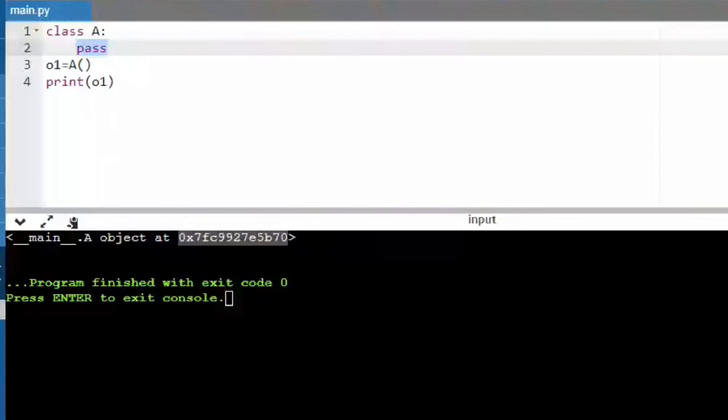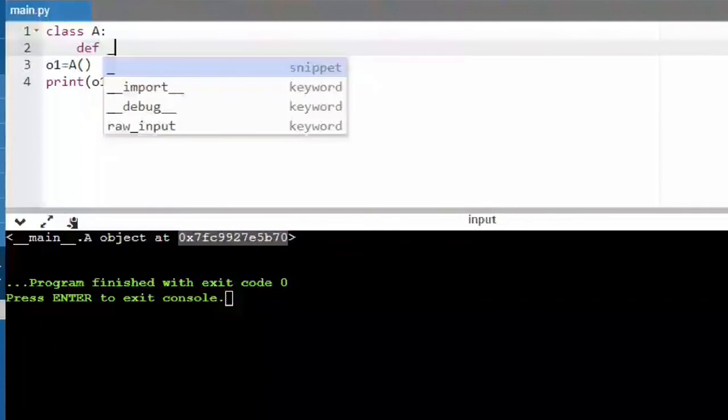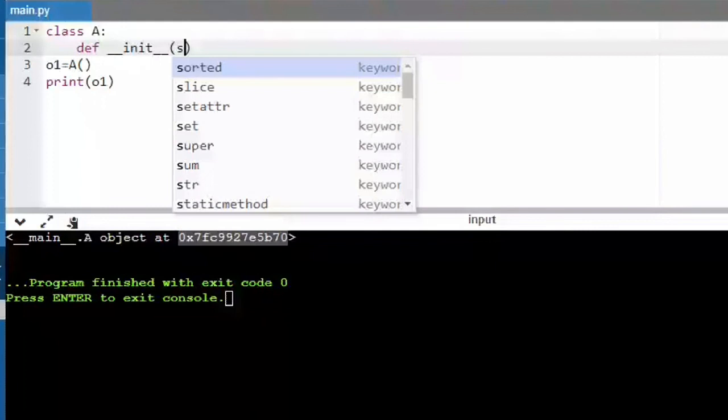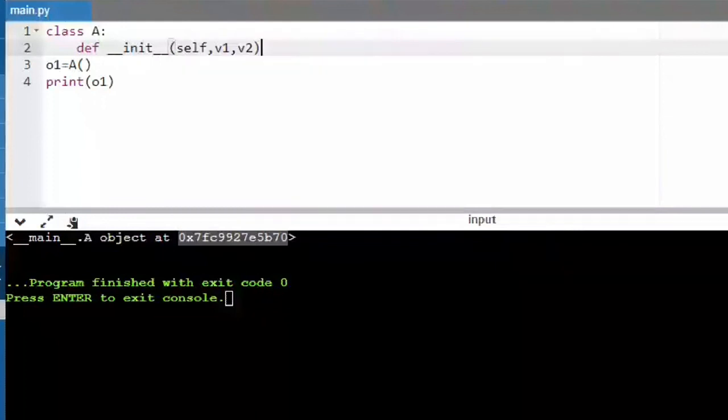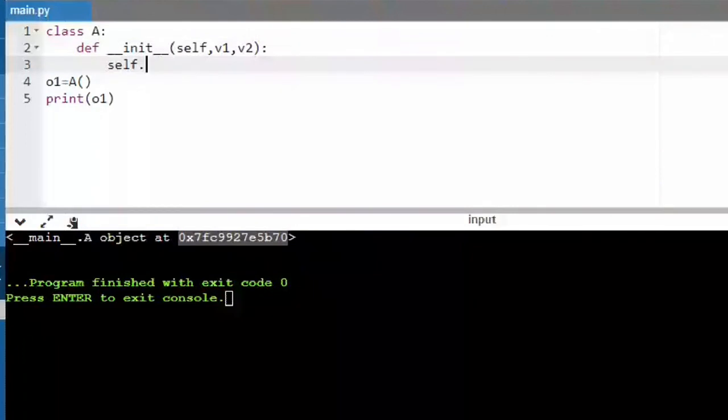Say I write an init method here, wherein I'm taking two instance variables. The first one is of course self, and the second is v1, v2. So I'm taking two variables over here, and then I'm saying self dot v1 is equal to v1, and self dot v2 is equal to v2.